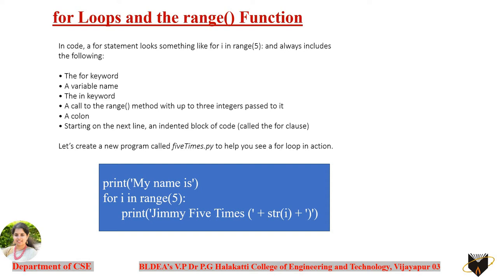So in this video, we are going to discuss the next loop, that is the for statement. Already in the previous video, I explained how to use the while loop and when the while loop can be used. So what is the basic difference between the for loop and the while loop? As I told you, while loop is considered to be an infinite loop, whereas the for loop is considered a finite loop. So why is the while loop considered an infinite loop?